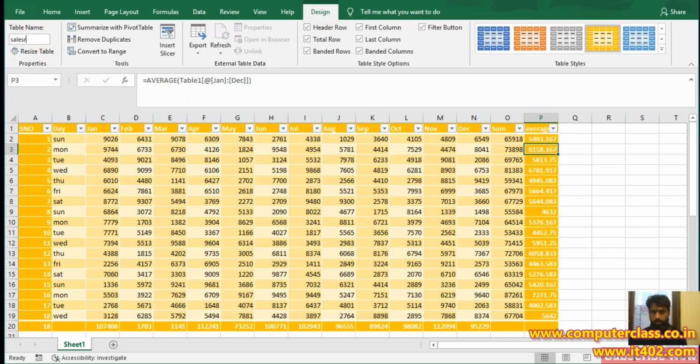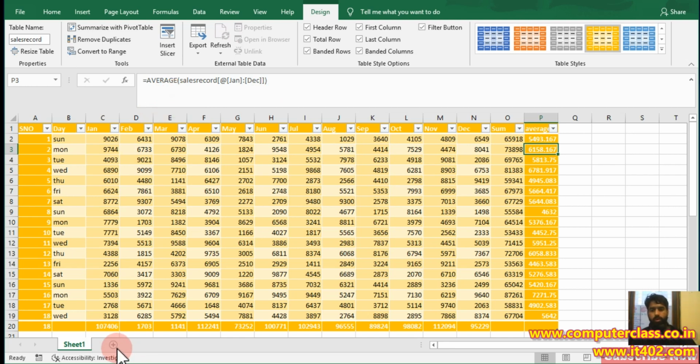I want to save this data as sales record. So in the formula this word also changes to sales record. So you can easily understand how formulas work inside table options. And it is the best way to save particular data under a particular name.